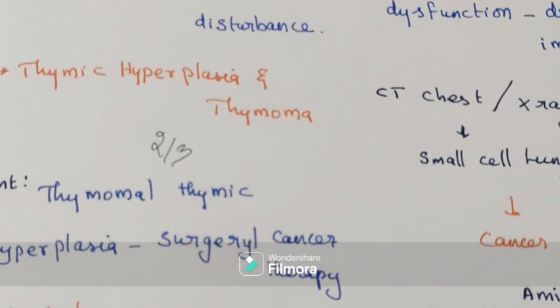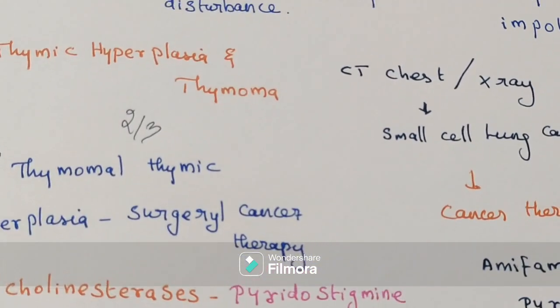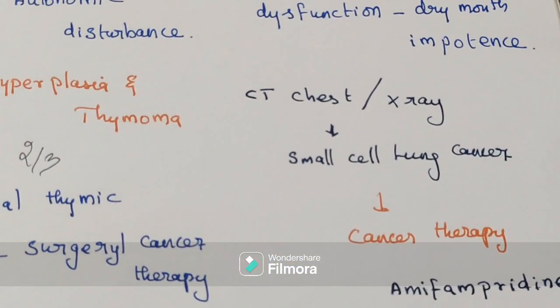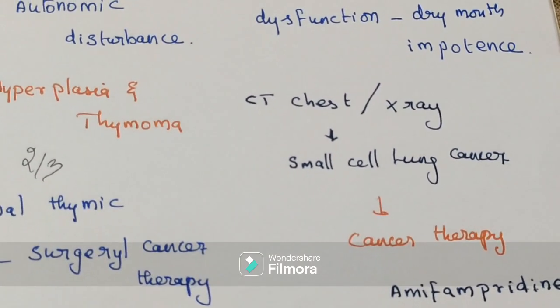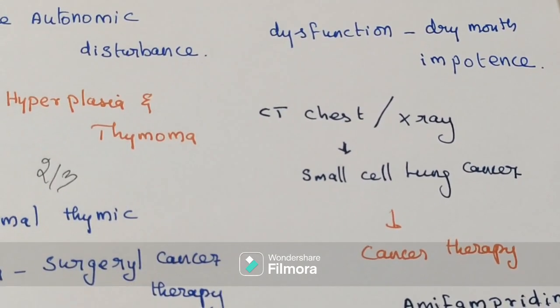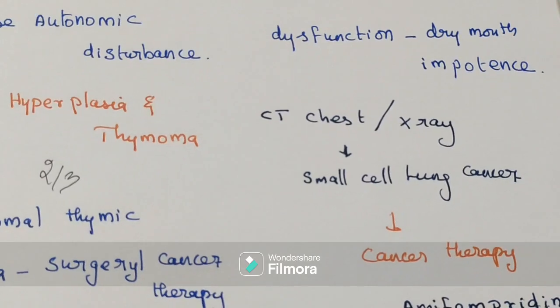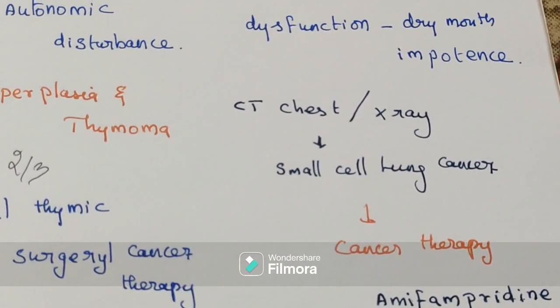Similarly, it is important to do a CT chest and X-ray for myasthenic syndrome, as it is strongly associated with small cell lung